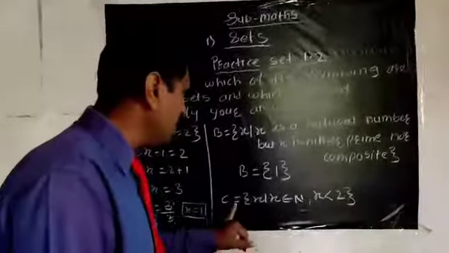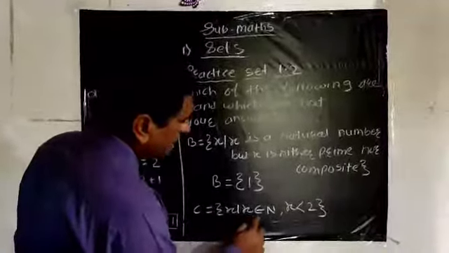Then the third set, C equals {x : x is an element